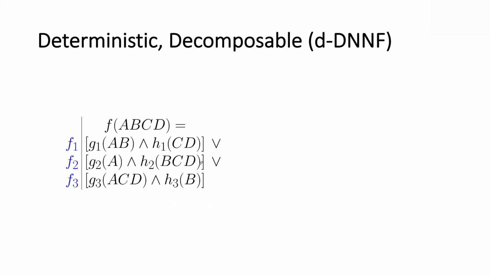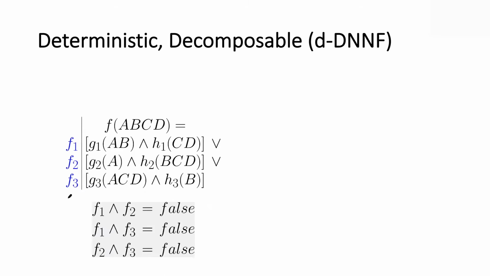So I have a disjunction. In this case, the OR gate has 3 children. And in each case, I have it decomposed like this. And basically what we just said, because we have determinism, the F1, F2, and F3 are all pairwise mutually exclusive. So we have this. And that's why if you give me the model count of F1 and F2 and F3, I can just add